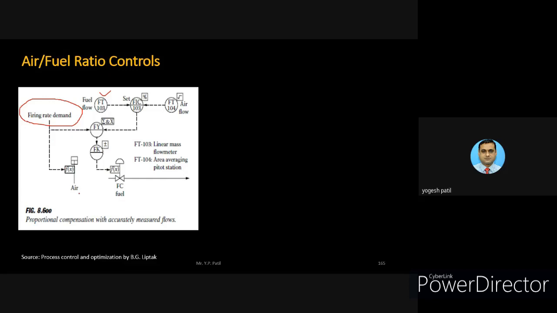The control here is not mainly for the air side, but mainly the control is employed for the fuel side. How much fuel we can save while maintaining the air-fuel ratio is very important, because the cost of the fuel and all these things must be considered for maintaining the air-fuel ratio. So using as little fuel as required to maintain the flame is important from the boiler point of view.